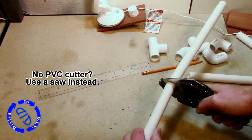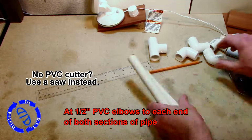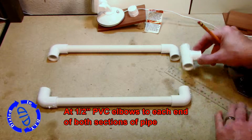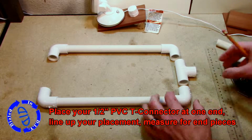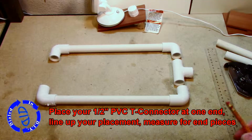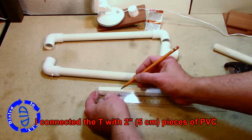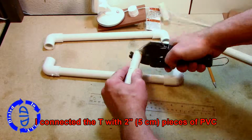And then you need 4 particular 1/2-inch PVC elbows. You're going to add 1 elbow to each of the ends of these PVC sections, and then you're going to take a T-connector and put that in one of the ends. Once you have that in place, you're going to measure out the distance that you need in between there to cut another little piece of PVC to go on each side of that T-connector to then connect the 2 longer